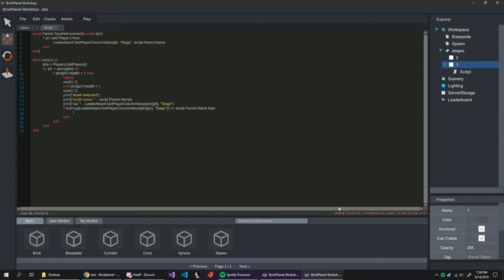We have an error here. Expected to close at line 3. Oh, close that, by the way. And then at 17, expected to close. Close that. My bad, little errors, pretty easy to fix. Then print